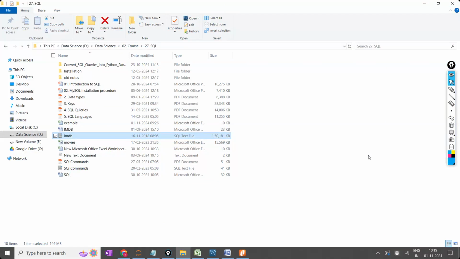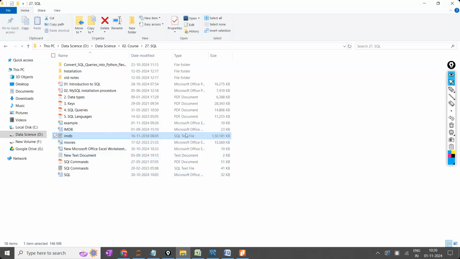One table consists of 4 lakhs, one table consists of 9 lakhs, like this. It is real-time data, the original data of IMDb, which is past data that we have the right to use. Ongoing data we cannot use; we have to take permission from them. But it is already past data, which has the legality of using the data. So that is the IMDb data.